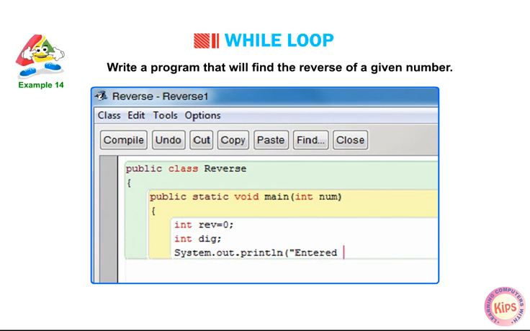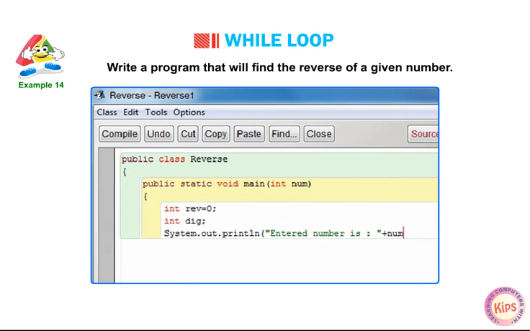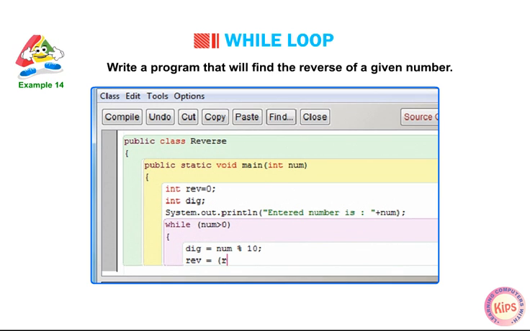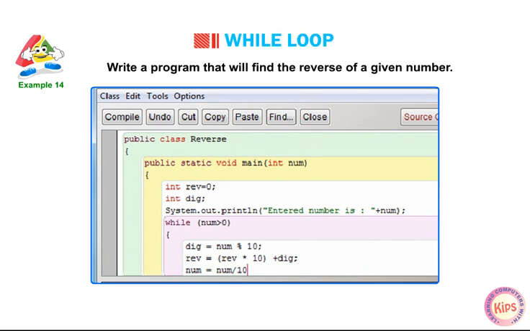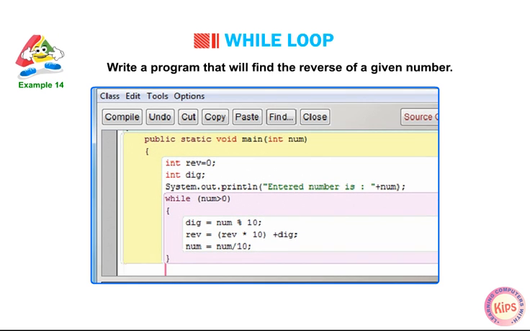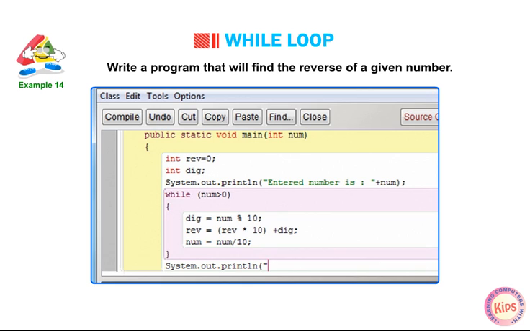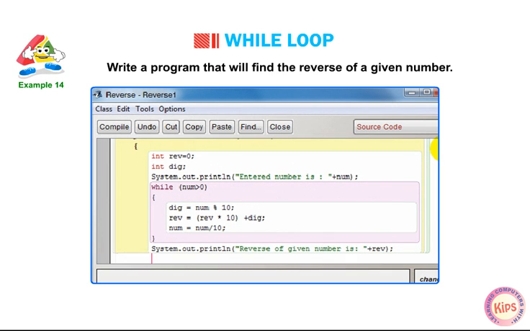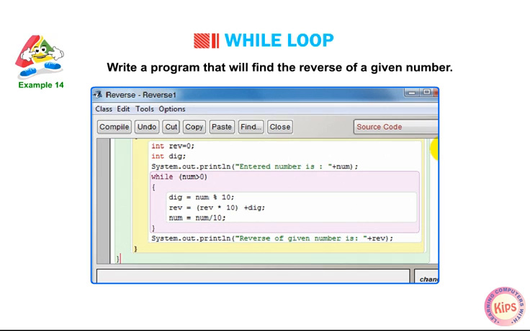System.out.println("Entered number is: " + number); while (number > 0) { digit = number % 10; // extract the last digit reverse = (reverse * 10) + digit; number = number / 10; // drop last digit and repeat the loop } System.out.println("Reverse of given number is: " + reverse); } }